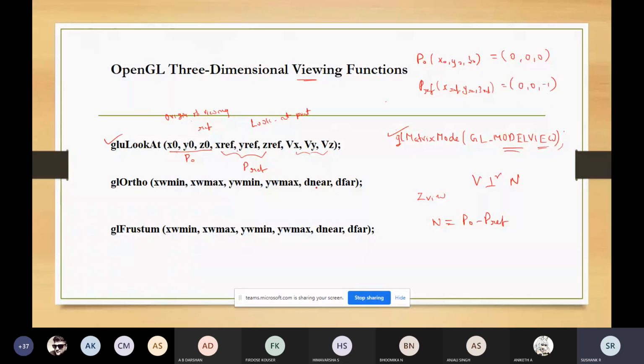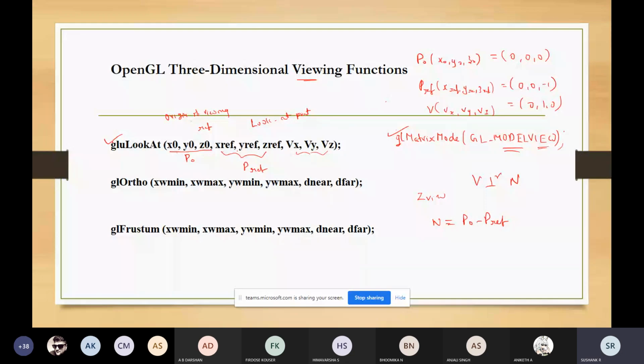And the view up vector, which is Vx, Vy, Vz, its default value will be 0, 1, 0. So these are the default values which are applied for the gluLookAt function.